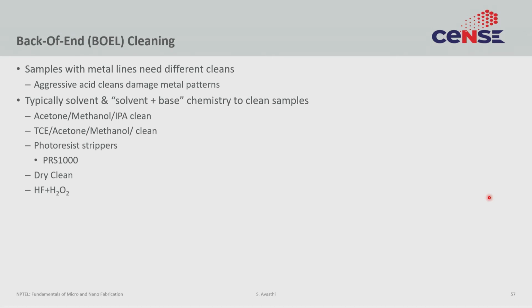We also can use some customized liquids such as photoresist strippers. Certain types of dry cleans can work. For example, argon plasma can work. Dilute versions of HF plus H2O2 are also used to do some of those cleanings. Right. Details I would leave because they are not relevant for this discussion, they are a little too advanced. One back end cleaning that I would go into detail is this HF/H2O2 mixture.